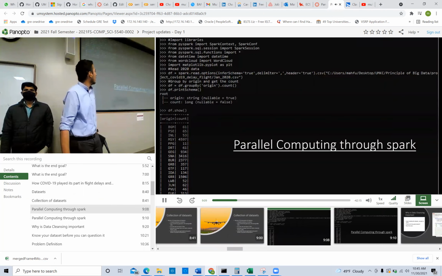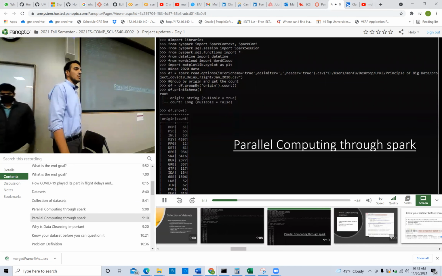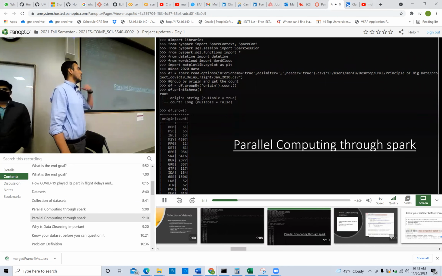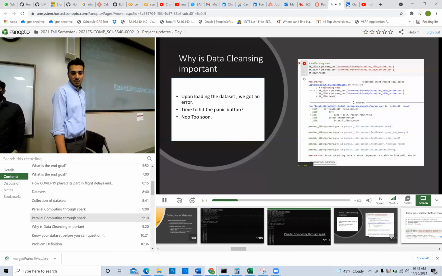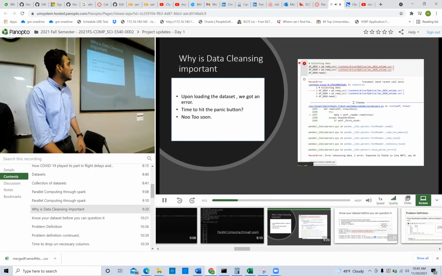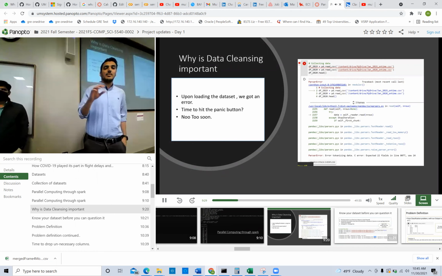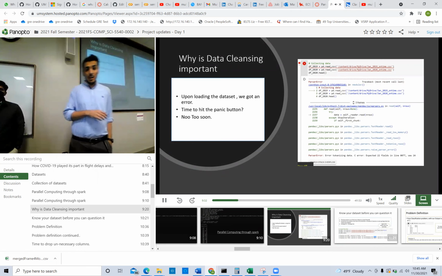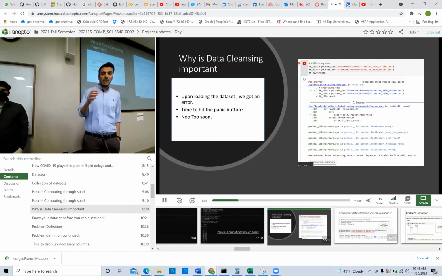We used PySpark to help us compute those 12 files in parallel, and actually there were 24 files for 2 years. So we wanted to merge them and generate one file for each year. A few pre-processing and cleansing steps: when we actually tried to load it, we saw that there were a lot of missing values in some separate columns. So we were quite stuck initially. Then how to tackle those missing values?